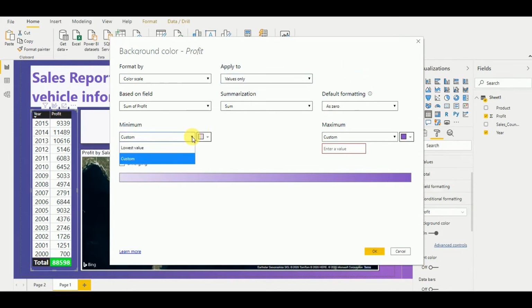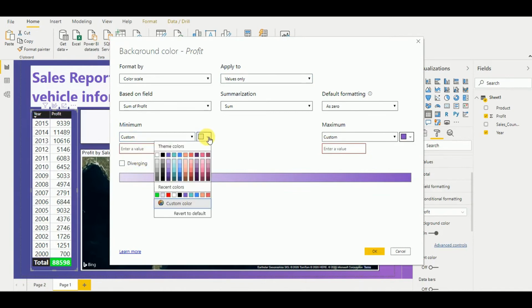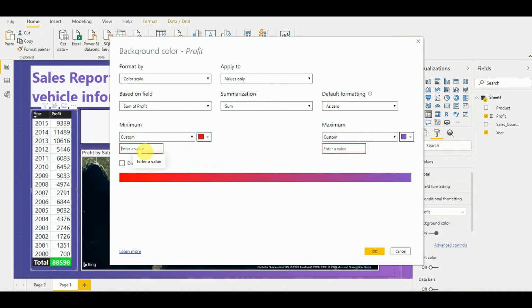Then we select minimum as custom, select the color red, and enter the value 6,000. That is the minimum value. For the maximum value, we select custom value 6,000, and then select green here.